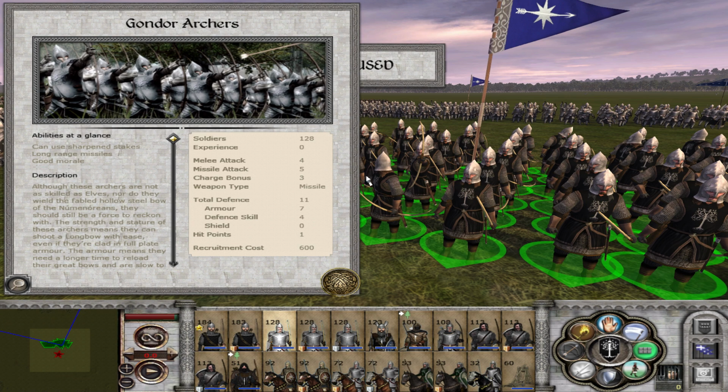They have a relatively low missile attack at 5, considering most basic archers of this sort of value. You can see missile attacks of 6 when you get into the likes of the Elven archers, but when it comes to the humans, you'll generally see a missile attack of 5. But the Gondorians, of course, have got decent defensive values, and just like the standard Gondor infantry units, the archers